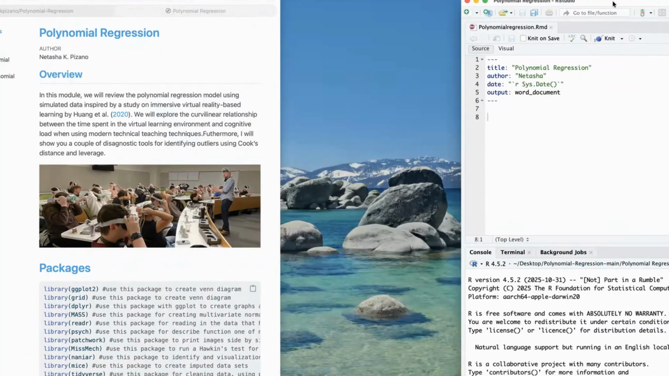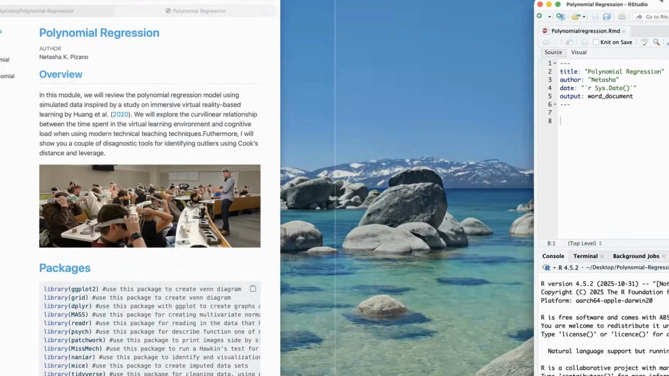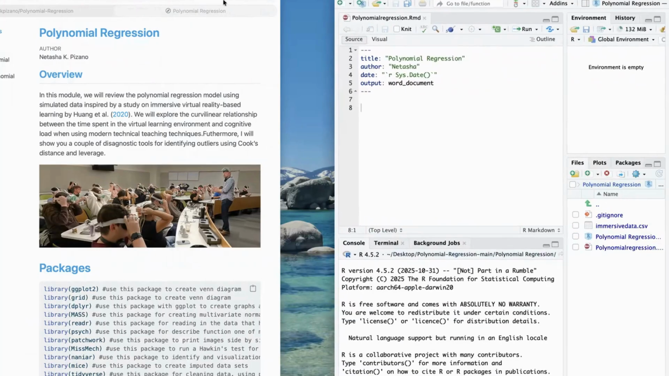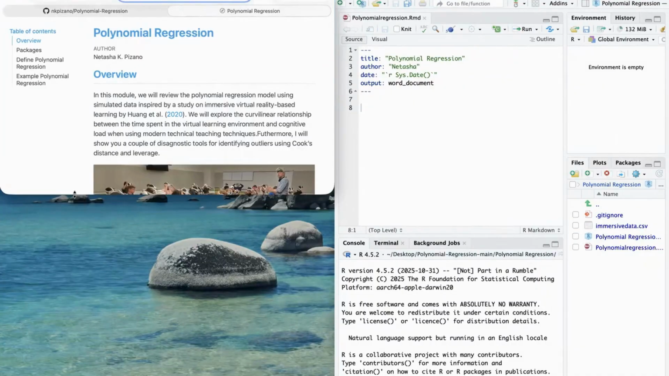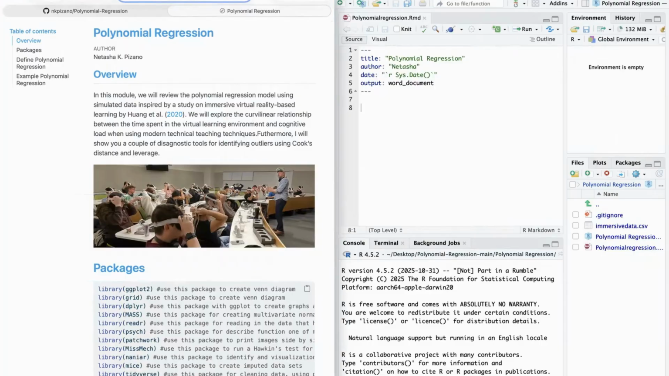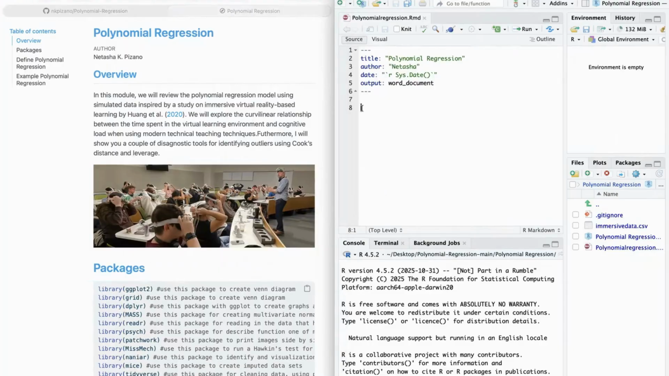Now that we have our markdown ready and we are trying to split screen here. All right. So in today's lab,